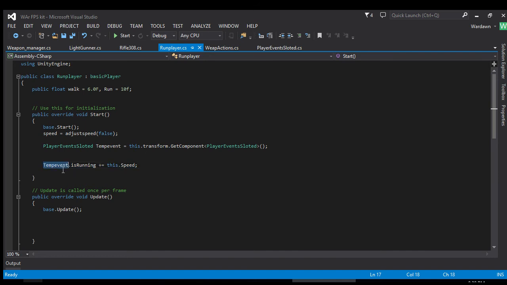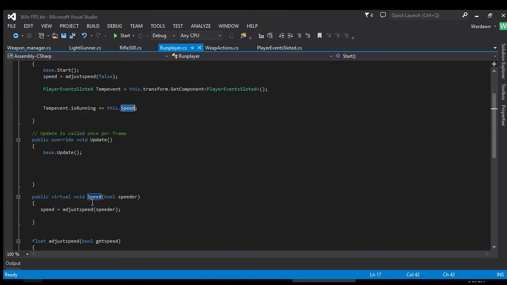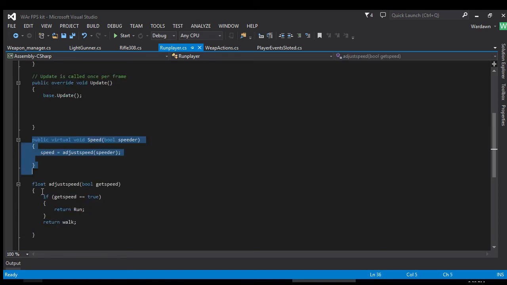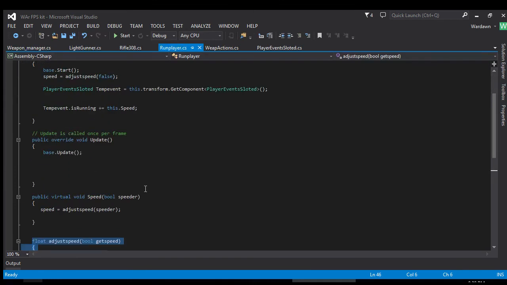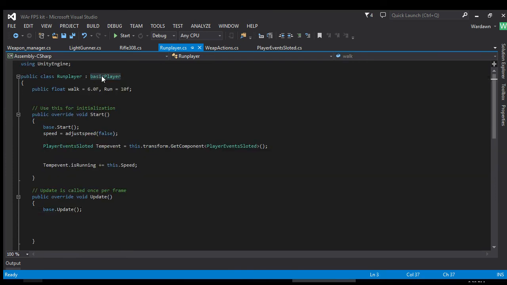Now, in this, our player event is running. This is a function, and we are assigning this to it. We're going plus equals speed, this dot speed. So every single time the event is running, true or false, it calls this, and then it adjusts our speed variable. So this base.update, it's only doing what it needs to do. As in the base version,